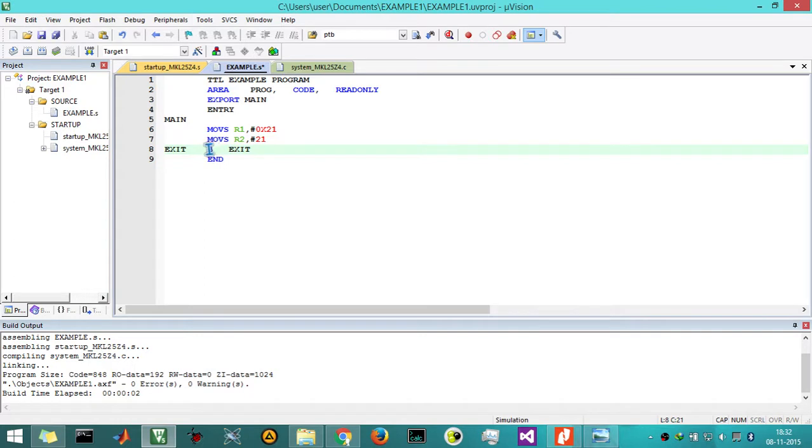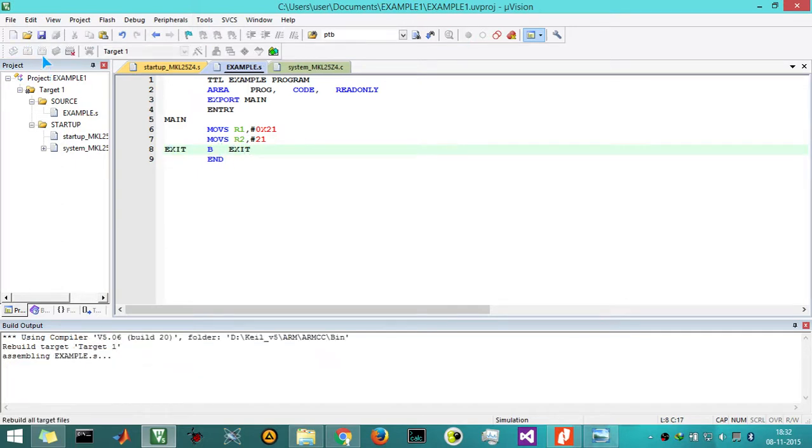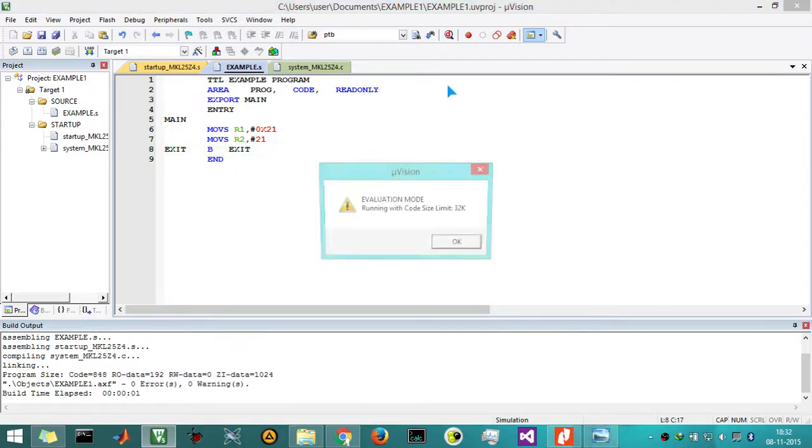So we are giving a branch instruction. Whenever we want to branch our control in a program execution, we have to give the particular address. So that address is being provided by this label exit. So we are giving the address exit, and this exit is located at the address wherein our branching statement is present. So that means it will branch to this statement forever, and it will stay here forever. Now we are going to compile our program, go to debug session.